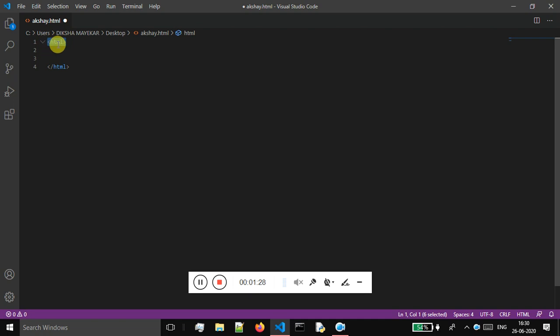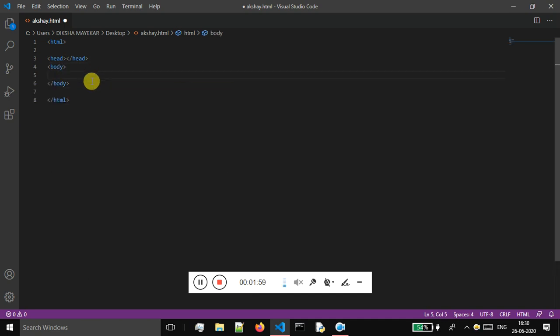This is known as the opening tag, and the closing tag is identified with the open angular bracket, then the backslash, then the html, then the close angular bracket. Whatever that we write should be going inside of this opening and the closing tag of HTML. Inside of this opening HTML and the closing HTML tag, there is one more tag known as a head. Let me just write the two main tags what goes over here.